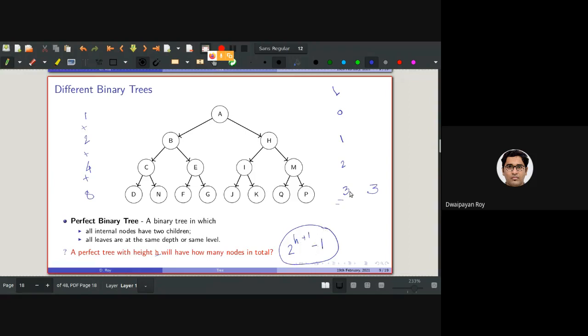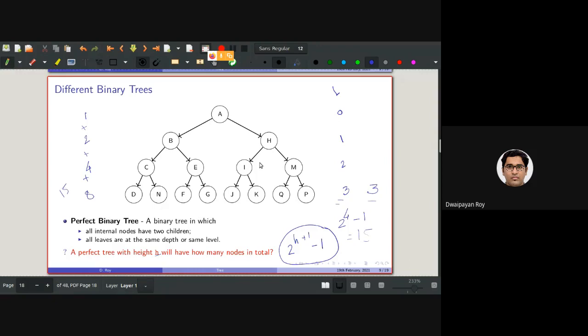So here for 3, it is 2 to the power 4 minus 1, which is 15. As you can see, 8 plus 4 plus 2 plus 1 is actually 15. Any doubt up to this?